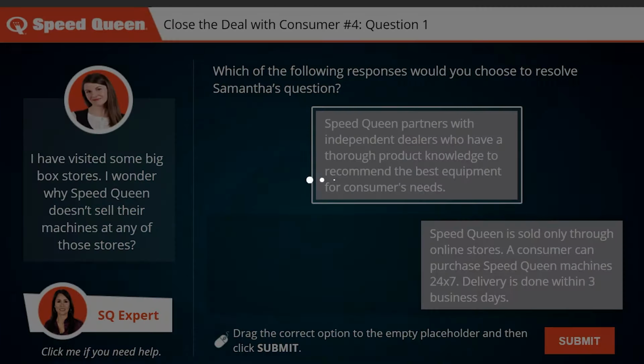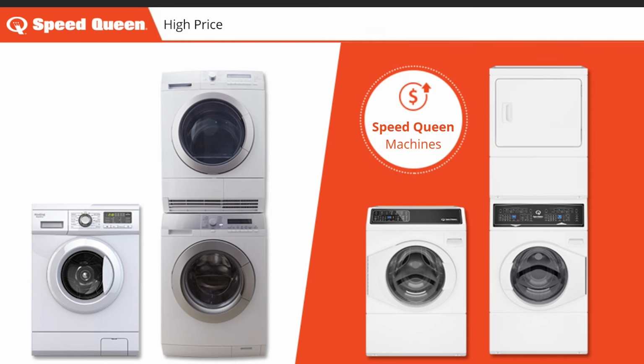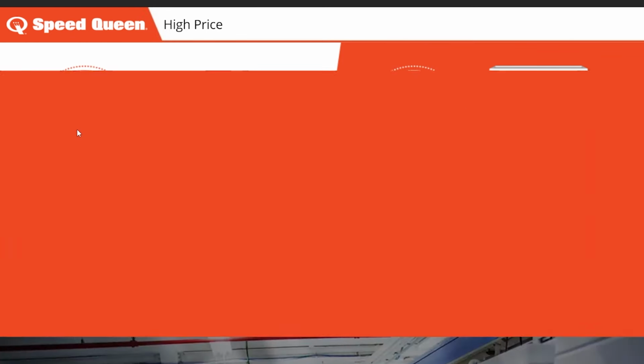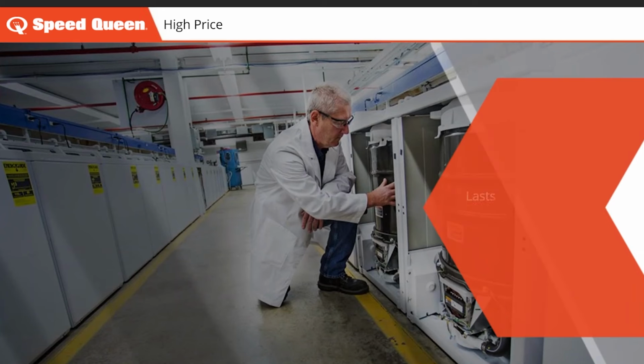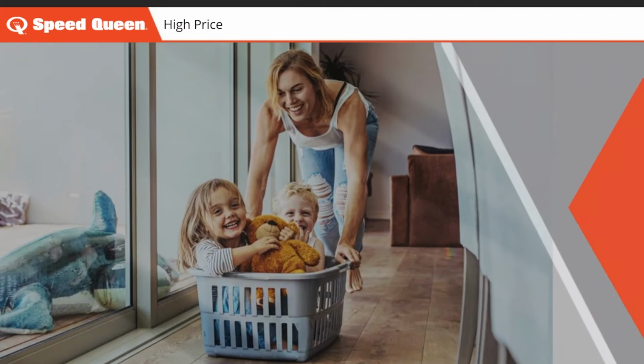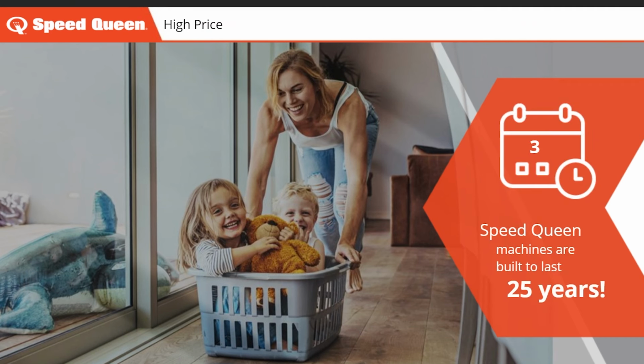Well done! Let's now find out why Speed Queen machines are more expensive than other competitor machines. Speed Queen equipment is designed to last over 10,400 cycles in a commercial environment. On average, consumers wash 8 loads of laundry per week in a standard home. Considering 10,400 cycles at 8 loads per week, with 52 weeks in a year, Speed Queen machines are built to